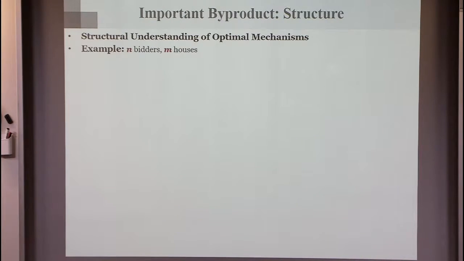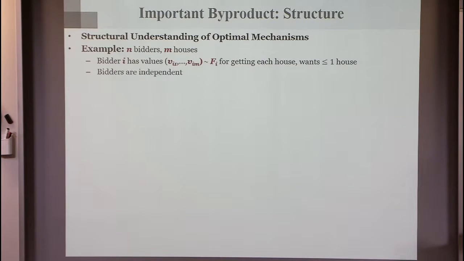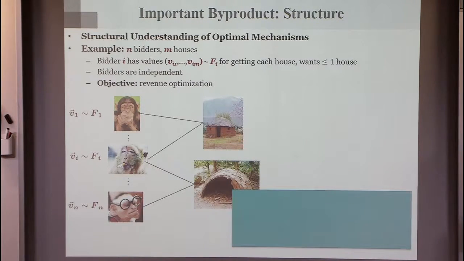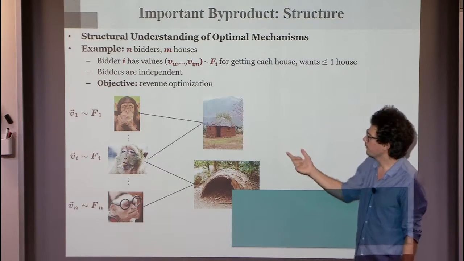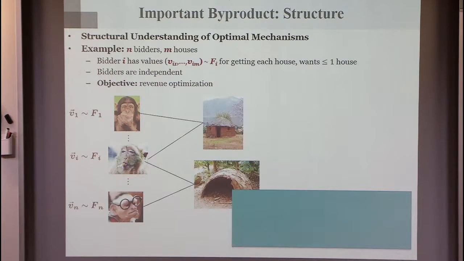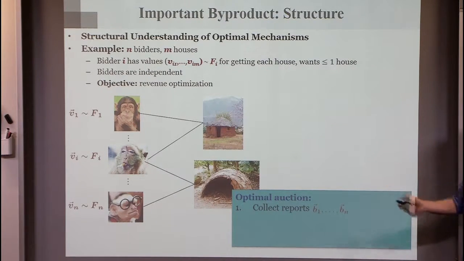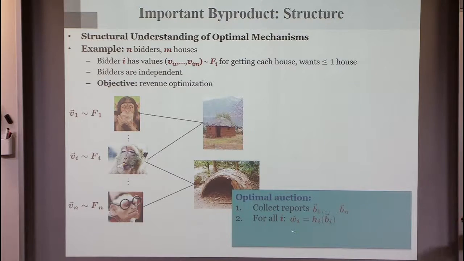And an important byproduct is that we not just get a polynomial time computable mechanism, but we get some structural understanding of the mechanism. So in this setting of revenue optimization, with multiple items and say unit demand bidders, the mechanism looks suspiciously similar to Myerson's auction. The mechanism is to ask bidders to report their value for each of the houses. We then transform these reported values to